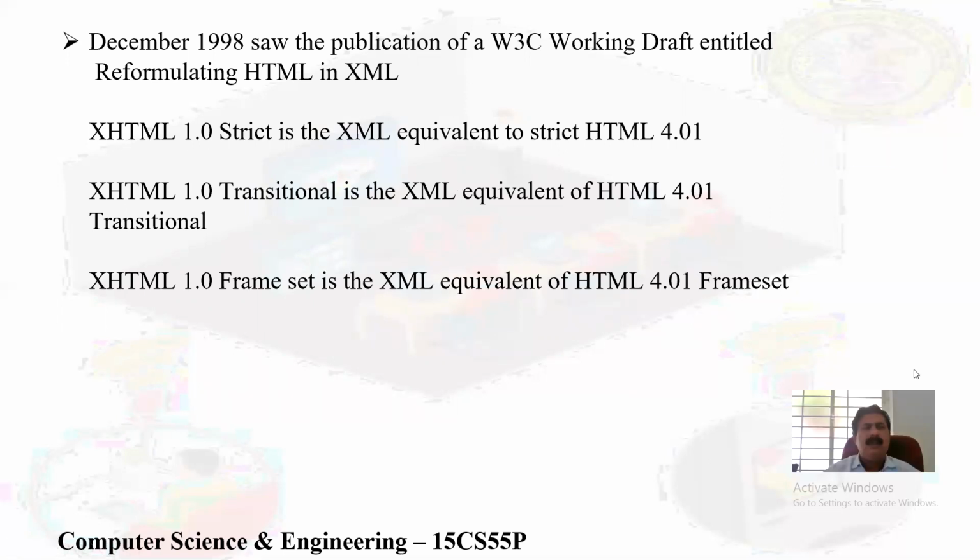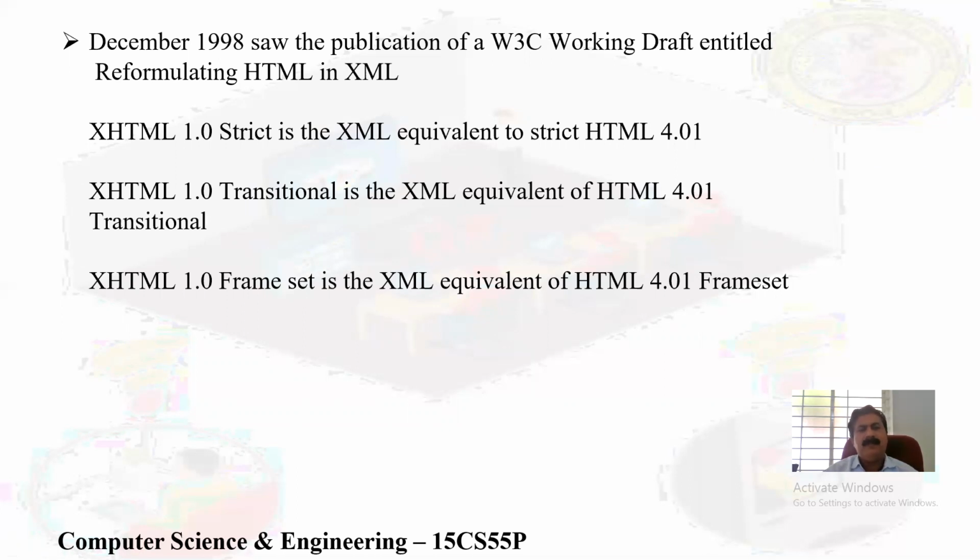December 1998 saw the publication of a W3C working draft entitled Reformulating HTML in XML. XHTML 1.0 Strict is the XML equivalent to strict HTML 4.01.